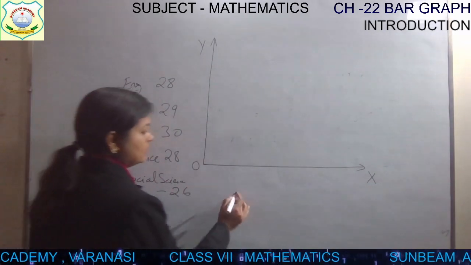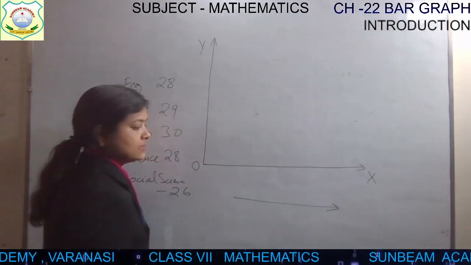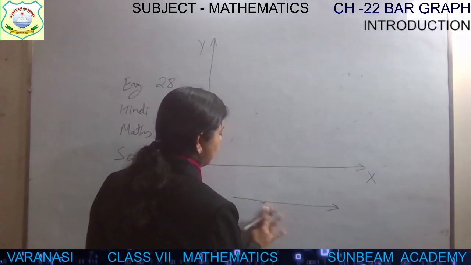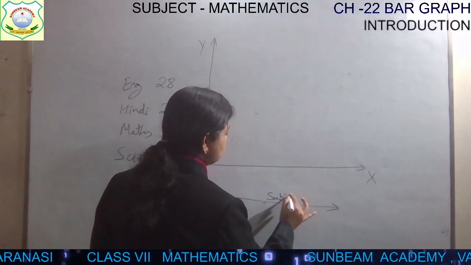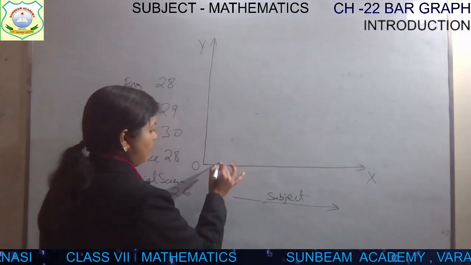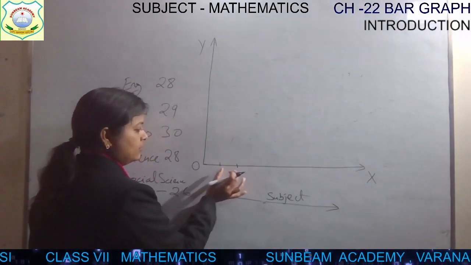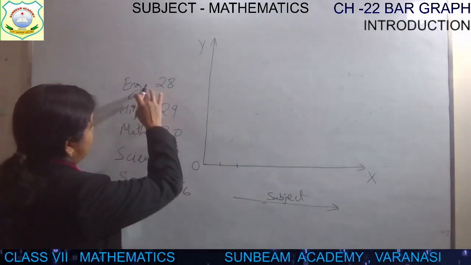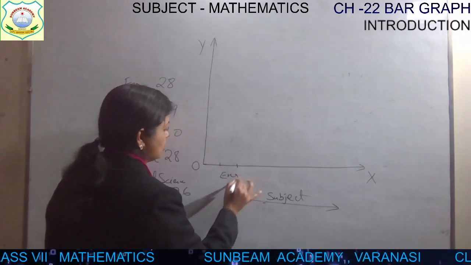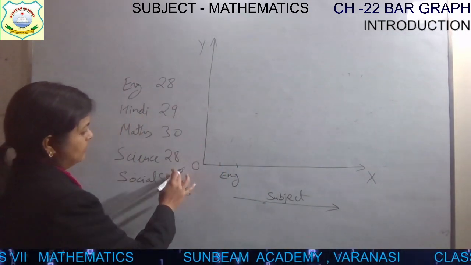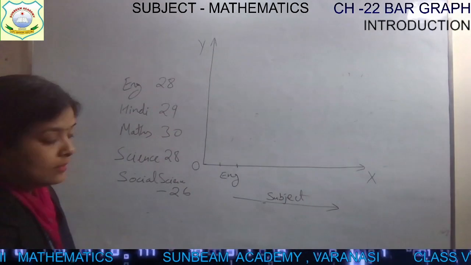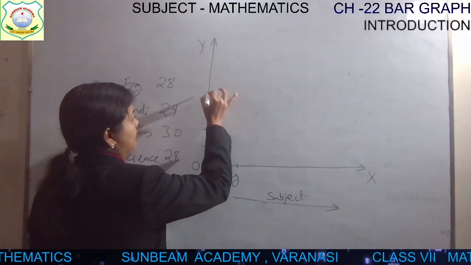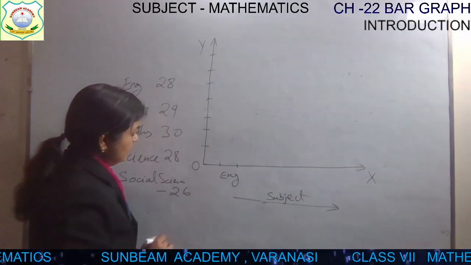So this will be the category axis. This is the category axis. Here we will write subjects, and within an equal interval, this particular space should be equal, children. So first of all we will plot English, and the marks is like this. So what we can do, we can set this one. Okay, you will have the graph with equal intervals of values.